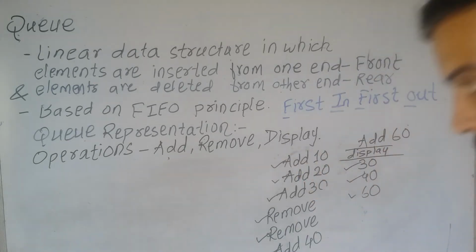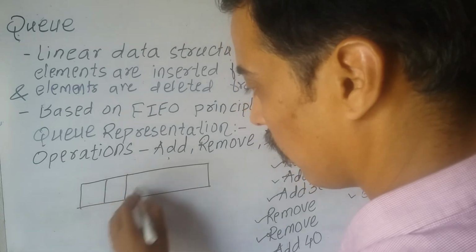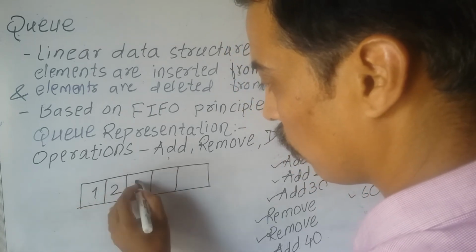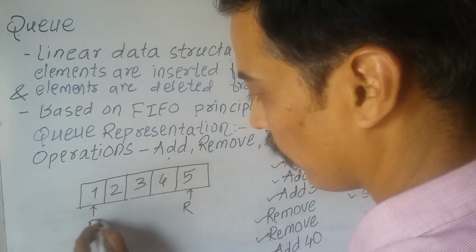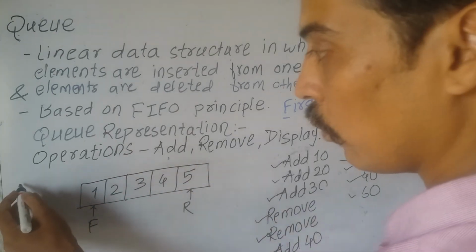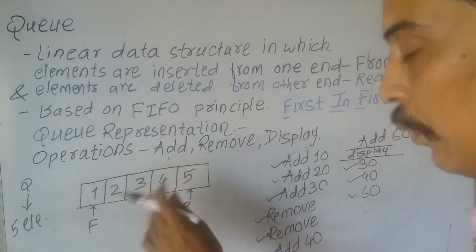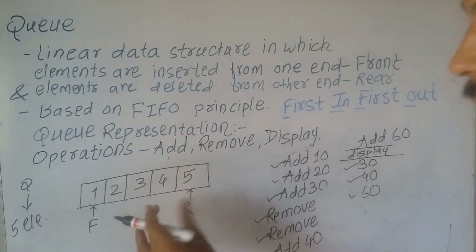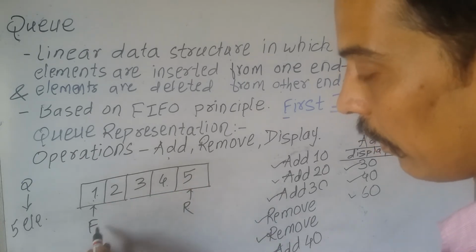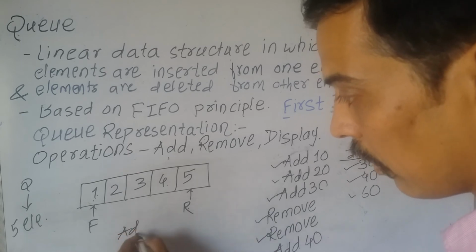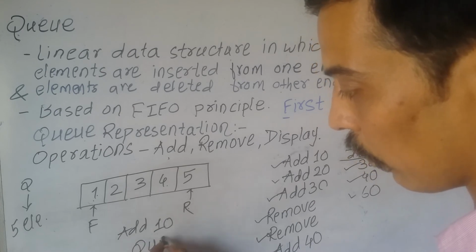The next one, if I have created the queue which is already full, 1 2 3 4 5, so rear is indicated over here and front is indicated over here. If I already created the queue for 5 elements and I have already added 5 elements, so the scenario at the end of the fifth add operation is 1 2 3 4 5. 5 is indicated by rear, 1 is indicated by front. If I am again trying to add a new element here, this condition is called as queue overflow,